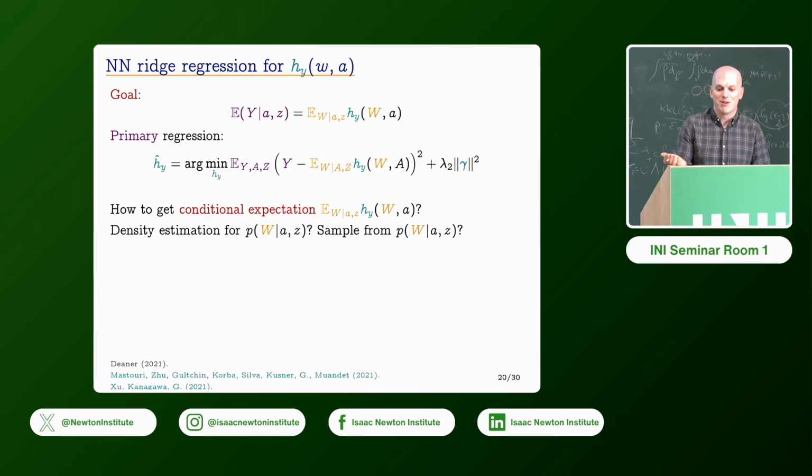And so there are some solutions to that, right? One would be to learn a model that generates samples of w given a, z. Obviously you don't have to generate a, but w given a you do. So I could learn to generate samples of w given a, z, and then I could take a sample mean. Now, that feels like it could be a good idea, but it's also solving a hard